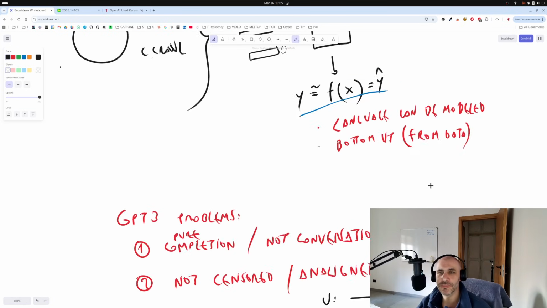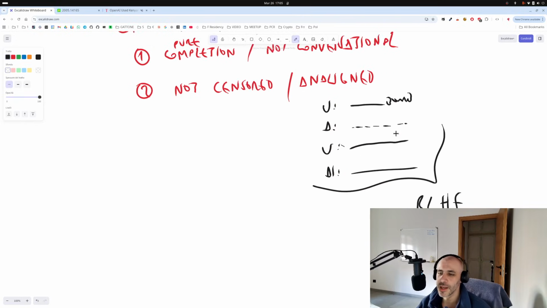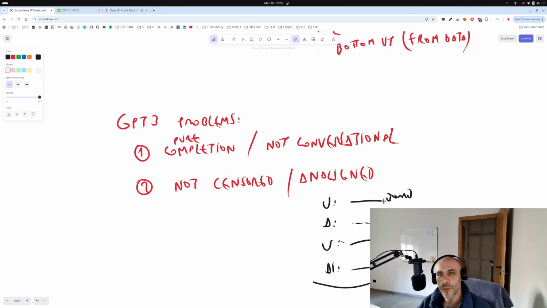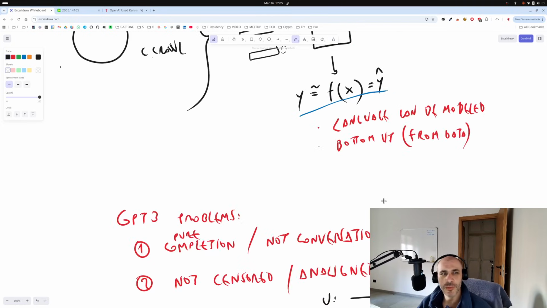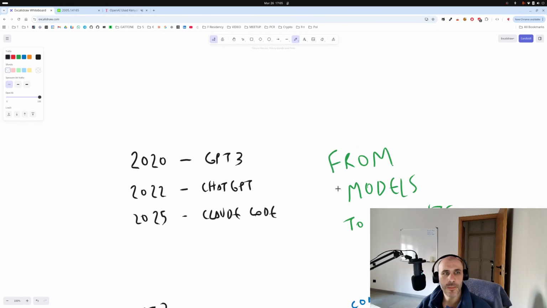And the reinforcement learning is not to really learn the specific next token, but to produce tokens that in turn will be appreciated by a model that would emulate human feedback, human appreciation and understandability for that kind of output. I went a little on the side, sorry. I need more diagrams for this, but I will make them in future videos. So this was the jump between GPT-3 and ChatGPT.